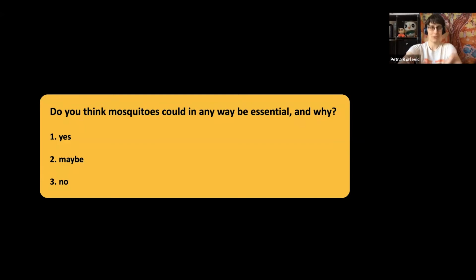Those are all extremely good points, and also make my next couple of slides really easy. Someone's also said that not all of them are dangerous. So mosquitoes as a whole group, not all of them are dangerous. Yeah. So the next part that I want to talk about is thinking of mosquitoes as essential parts of an